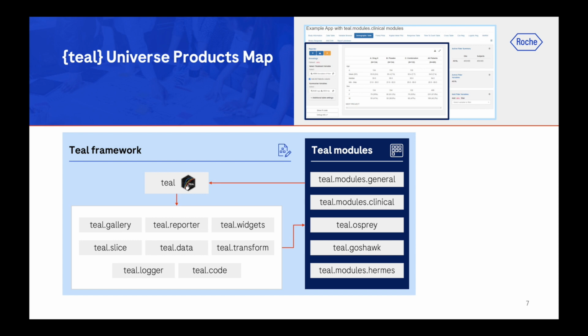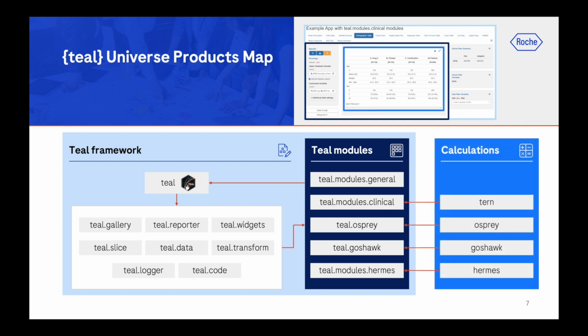The module package provides the UI and interactivity logic, but it relies on a separate R package called Tern to perform the calculation or tabulation that produces the actual statistics that's going to be shown as output within the Shiny